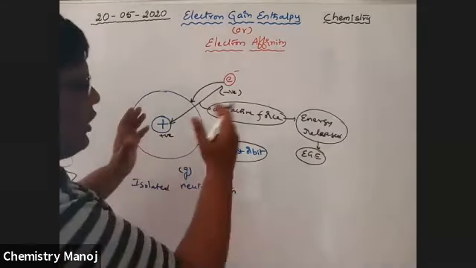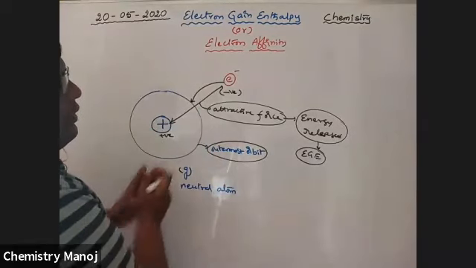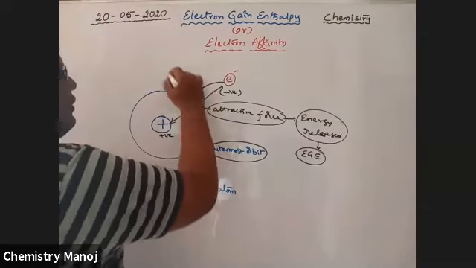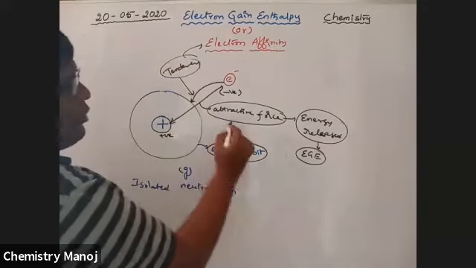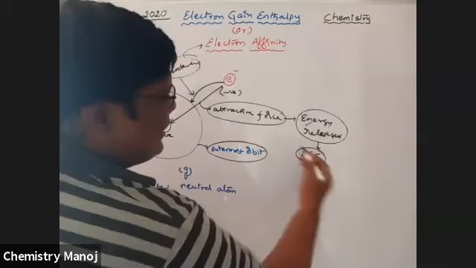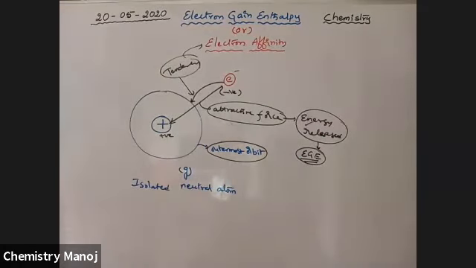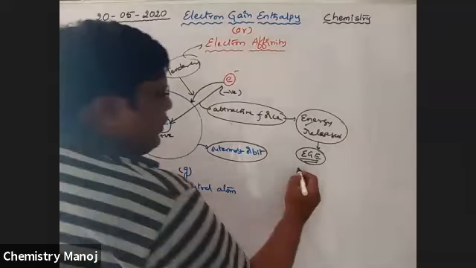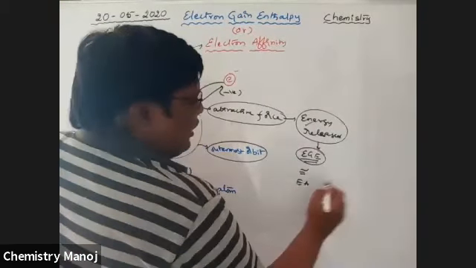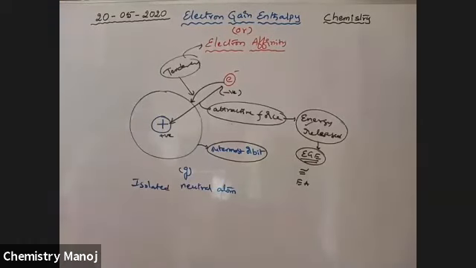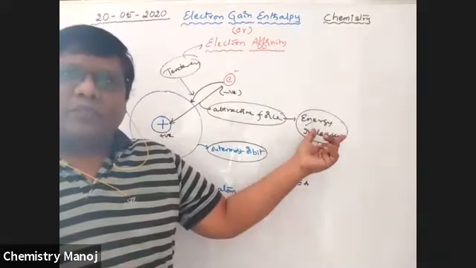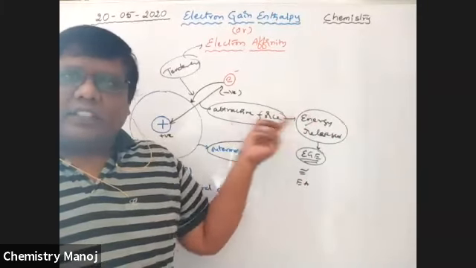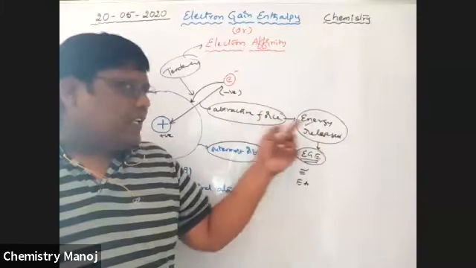That attractive tendency is called electron affinity. During that process, some energy will be released. That released energy is called electron gain enthalpy. So generally, electron gain enthalpy is almost equal to the electron affinity of that species. So my dear boys, there is a strong attraction. Where there is an attraction, it is electrostatic attraction, and energy should be released.